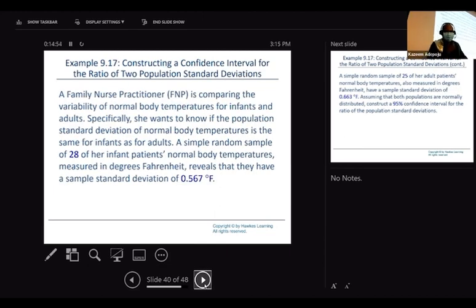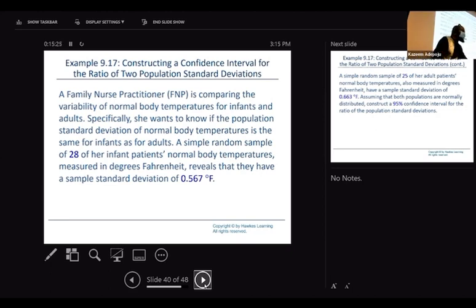Okay, this is another example. But this time around, this is an example on population standard deviation. Now take a look at this. A family nurse practitioner is comparing the variability of normal body temperatures for infants and adults. You are comparing normal temperature. Specifically, she wants to know if the population standard deviation for normal body temperature is the same for infants